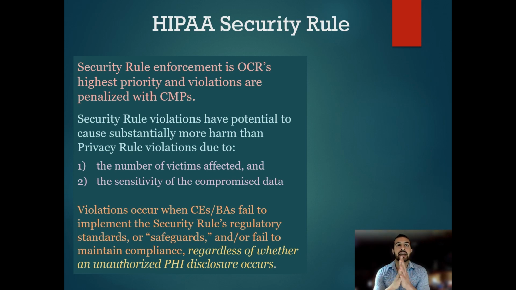The reason for this is that security rule violations have the potential to cause substantially more harm than privacy rule violations. For example, if you fail to satisfy the security rule regulations on how to protect and secure your EHR and your hospital network, and as a result, there's a data breach where patients' PHI is disclosed and exposed to malicious actors, that would cause much more harm than